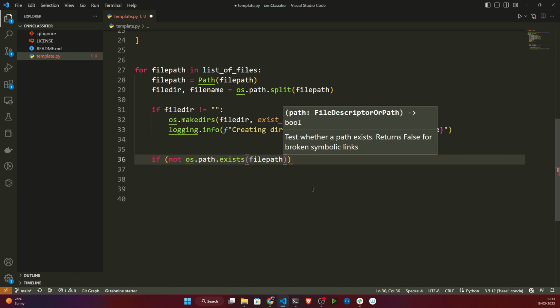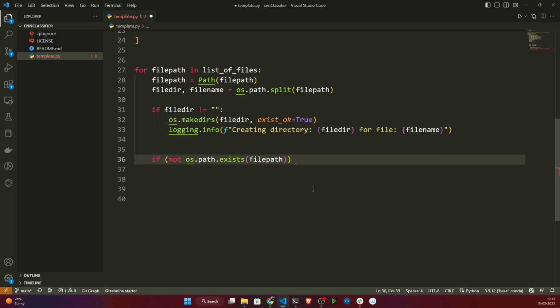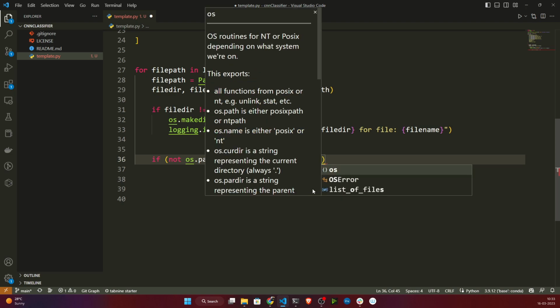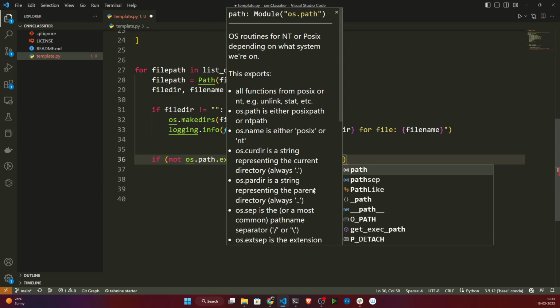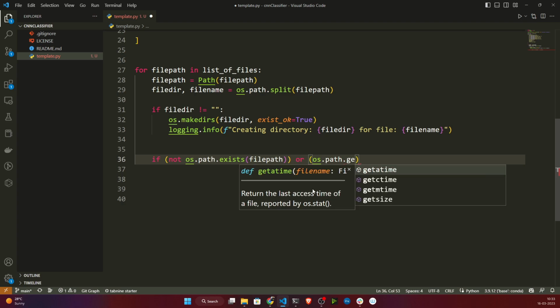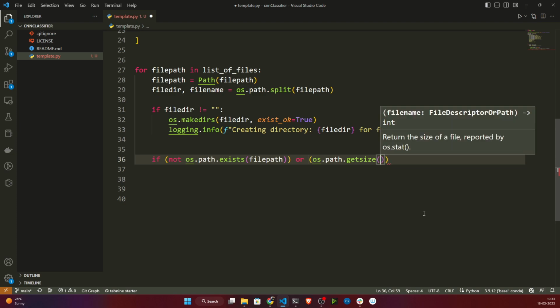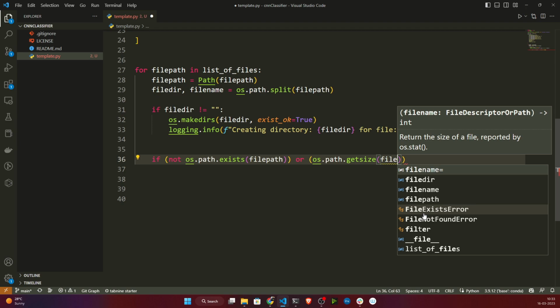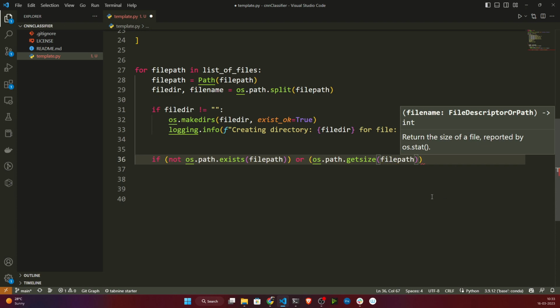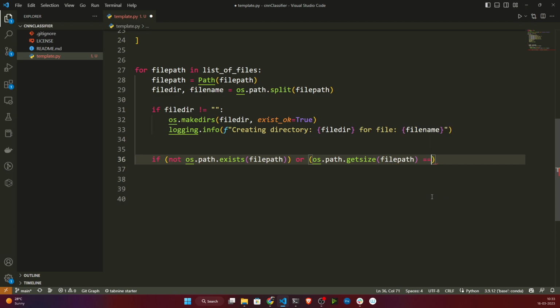So if this path does not exist, or os.path.getsize of the file path equals 0. Why am I checking if file size is equal to 0? So let me tell you. If it is equal to 0, then I'm going to create the file,